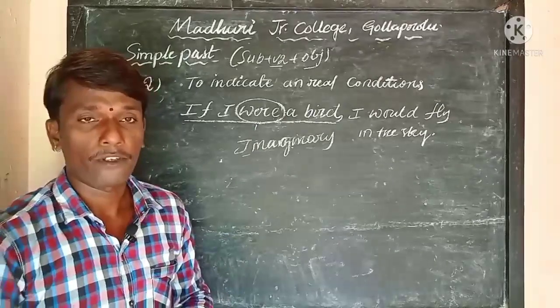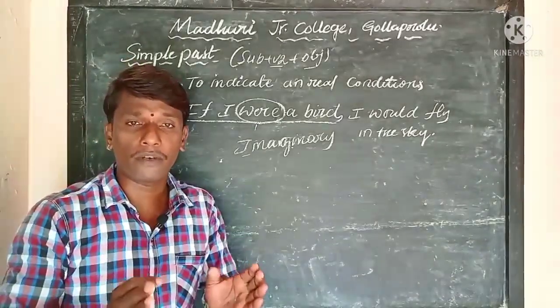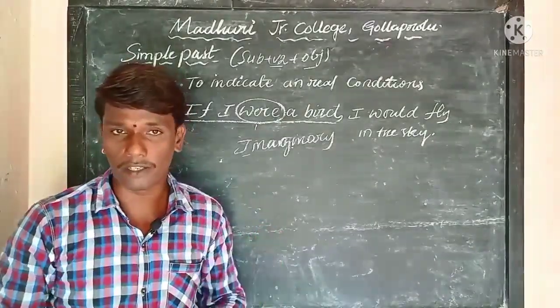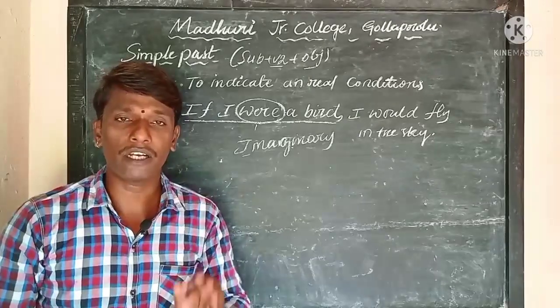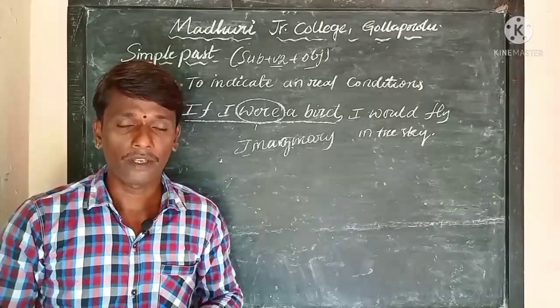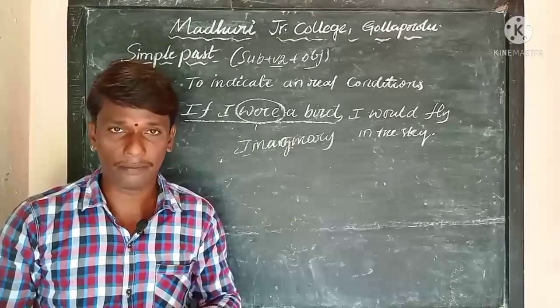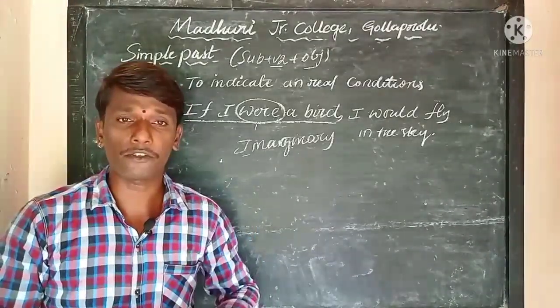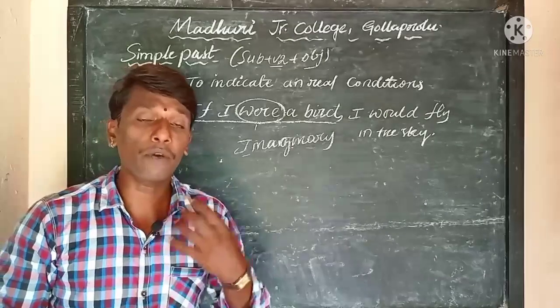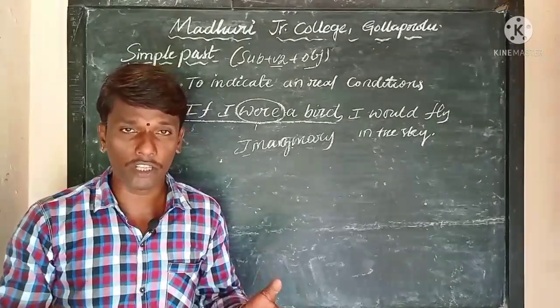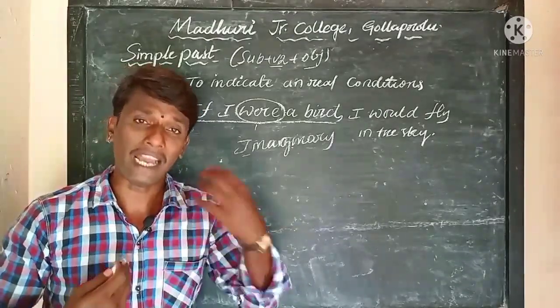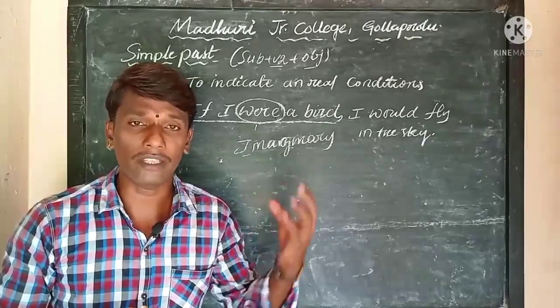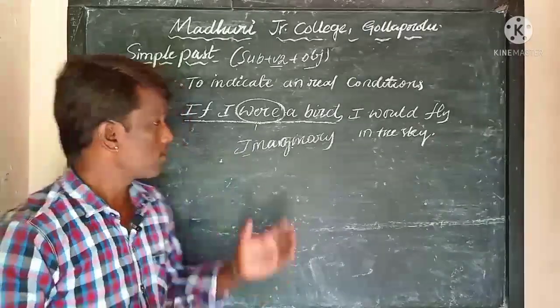For example, you are vexed with examinations. You just wanted to abolish the examinations. So you wanted to become a CM. You wanted to become a PM. Okay, how do you express this statement? If I were a PM, I would abolish all the examinations. Or if I were a CM, I would abolish all the examinations. So this is how.